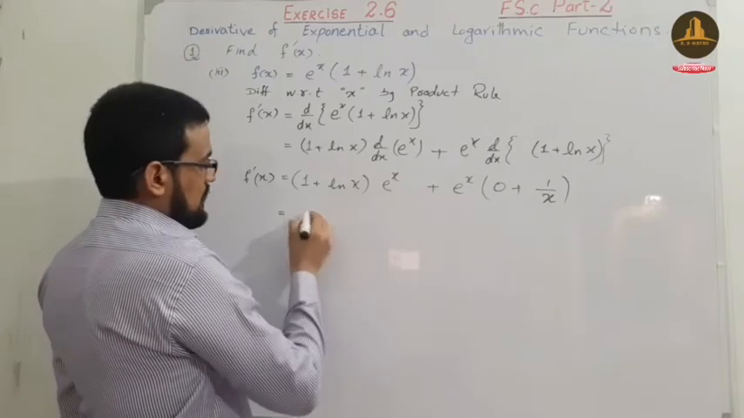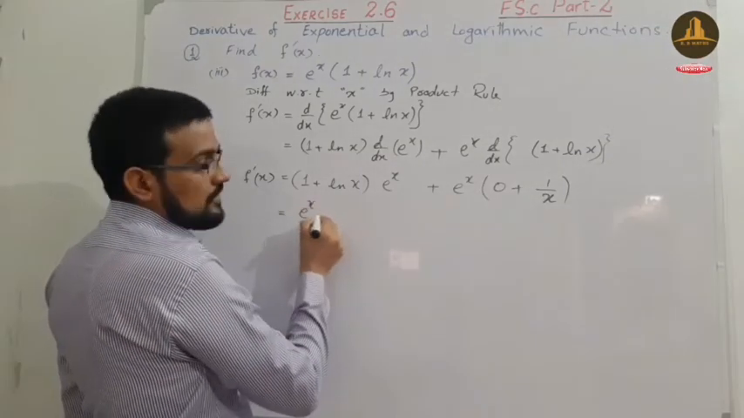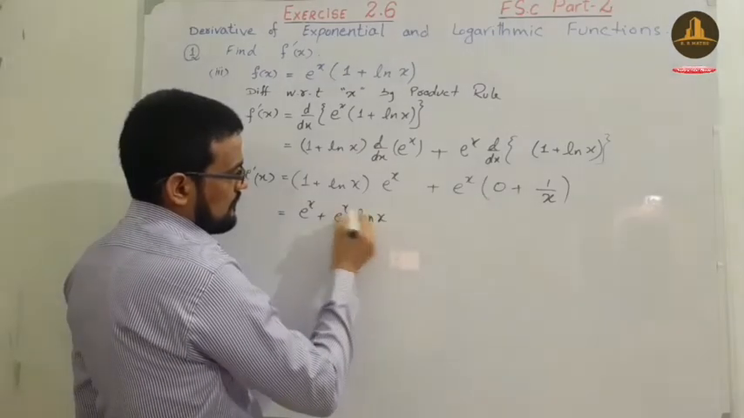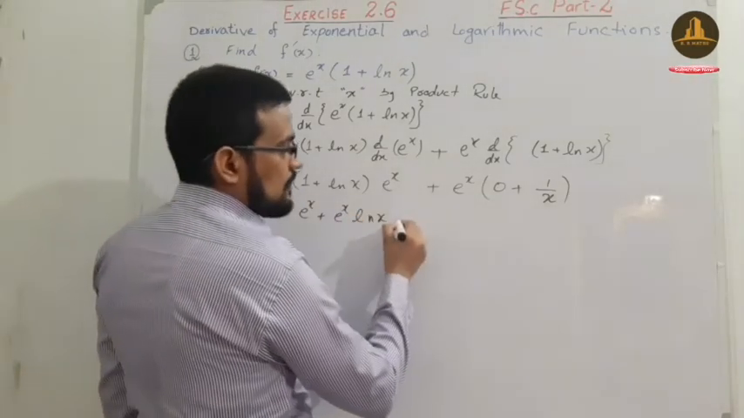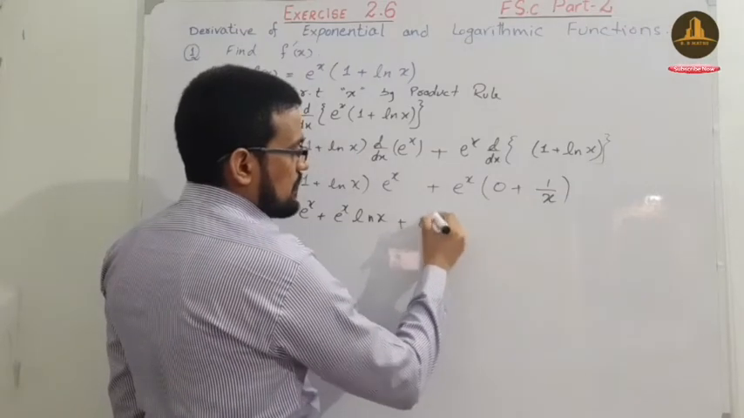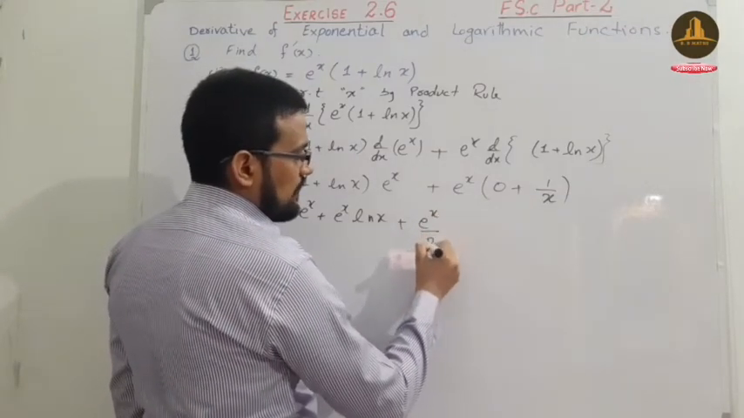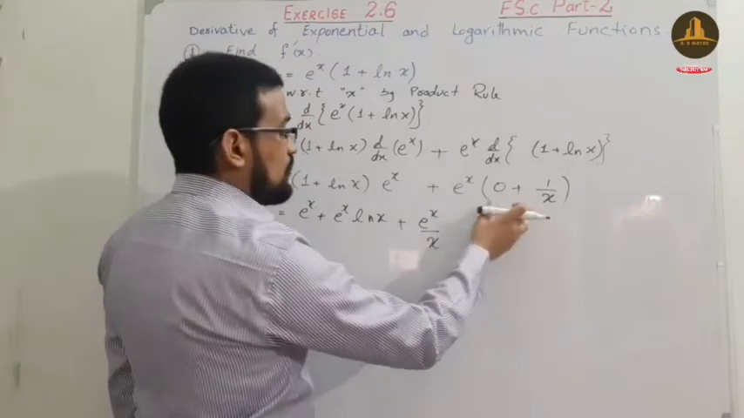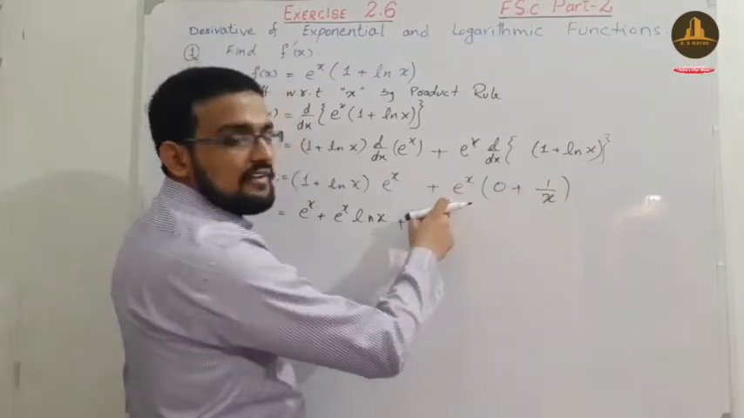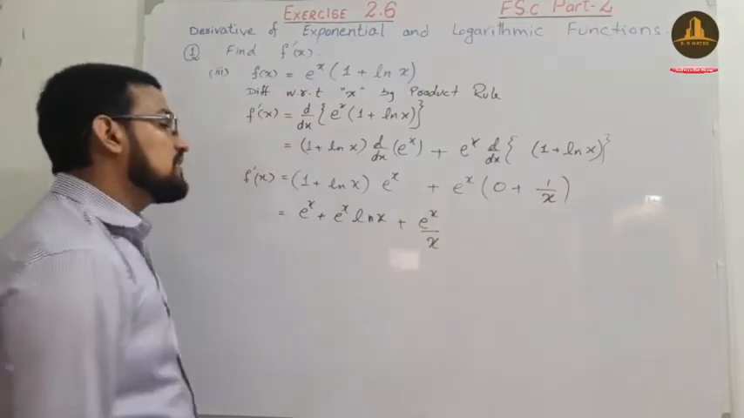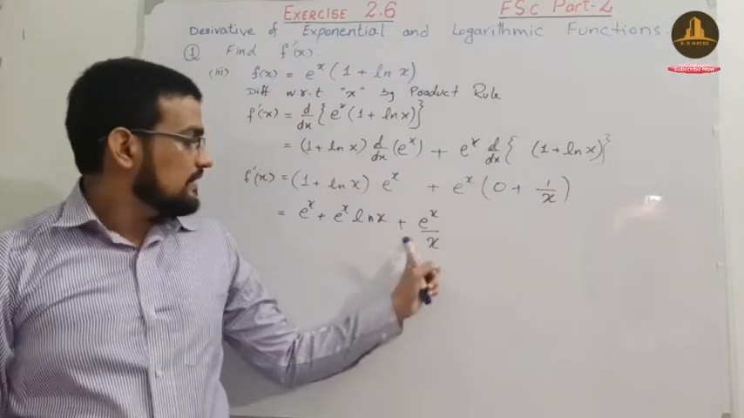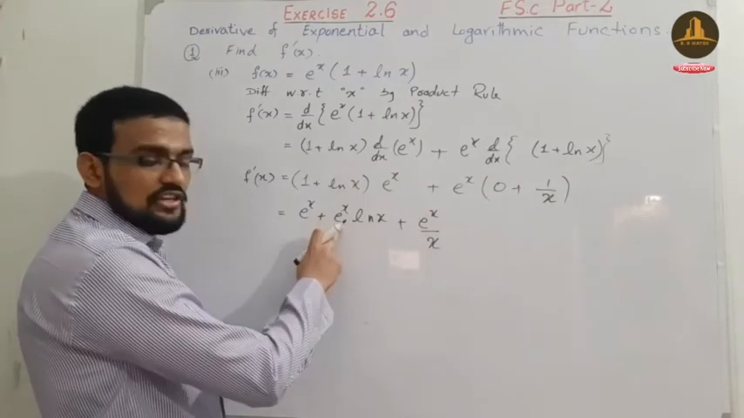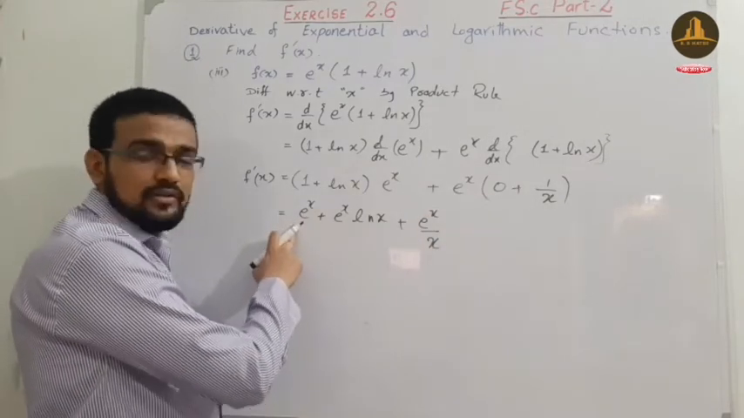e raised to power x, here e raised to power x divided by x, because 0 plus 0, no need for this, and 1 over x multiply by this one, so e raised to power x over x, and then multiply this e raised to power x, e raised to power x, e raised to power x. Okay,